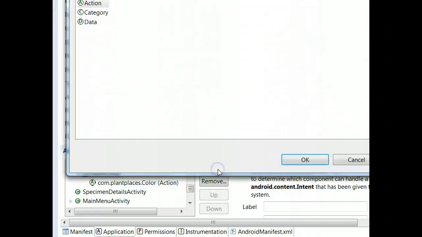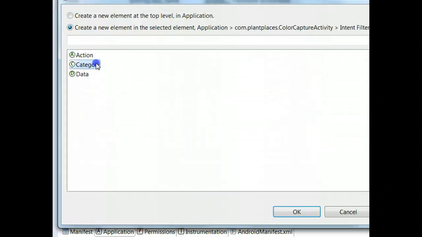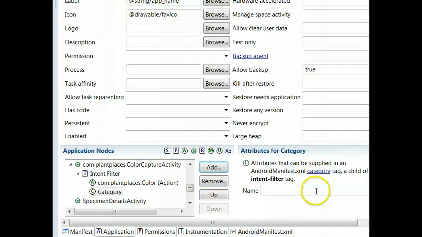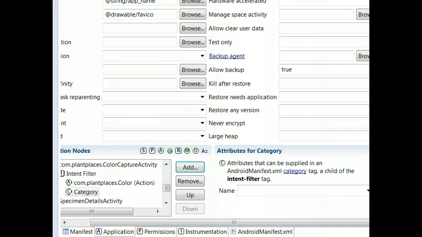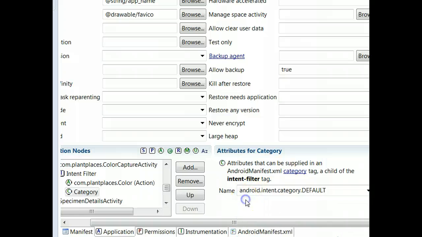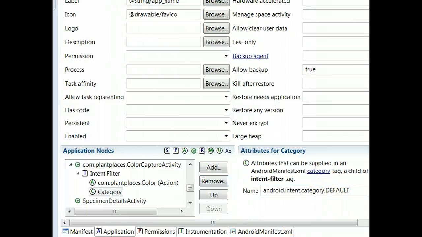Now we also have to add something called a category, which is kind of like a second qualifier. We can put some other criteria in here that could be used to select this activity, but at the very minimum we have to have default. If we don't want to specify any kind of secondary qualification, we have to say that this intent filter qualifies for the category called default. If we don't put that on there, this activity and the intent filter won't match up